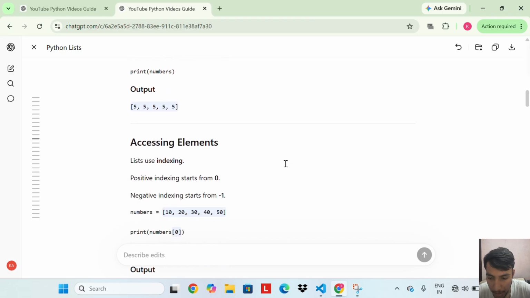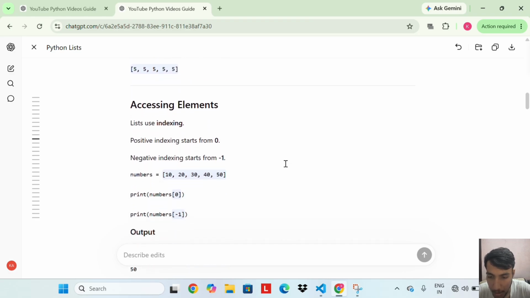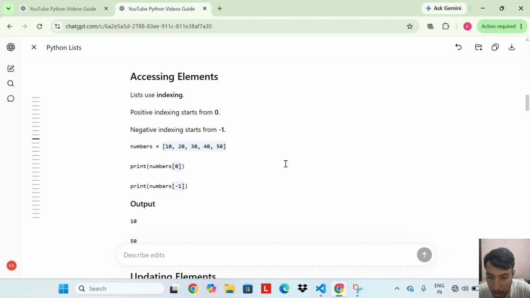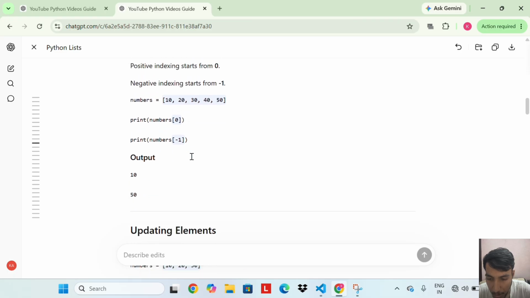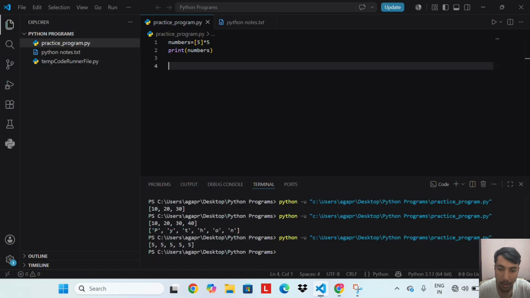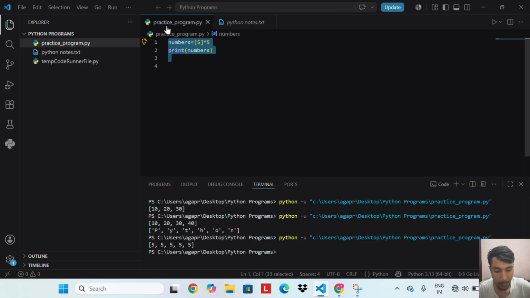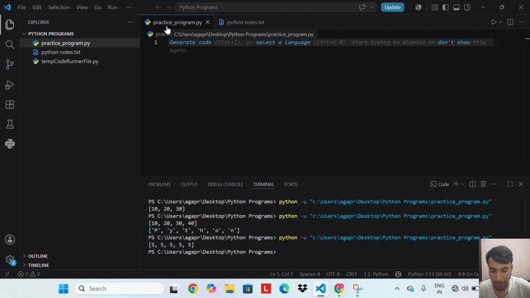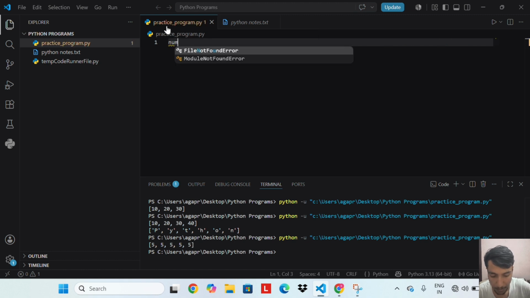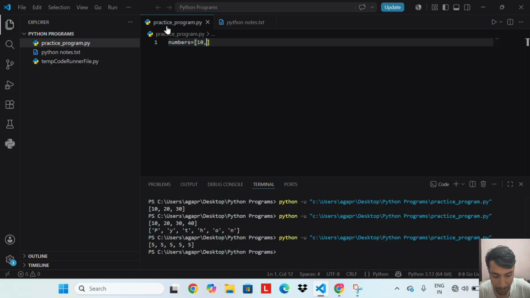Accessing elements. Lists use indexing. Positive indexing starts from 0, negative indexing starts from -1. So let's do an example of both positive indexing and negative indexing. Numbers equal to 10, 20, 30, 40, 50.